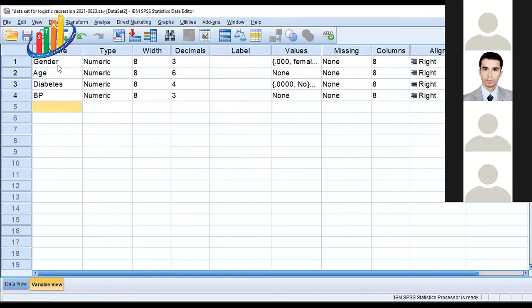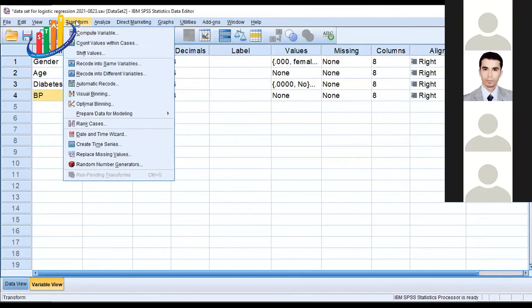Okay, this is the data. We have four variables: gender, age, diabetes, and BP. Diabetes is our dependent variable, whereas gender, age, and BP are independent variables. So first, we will perform a logit transformation. For this, we have to go to Transformation, Compute Variables,